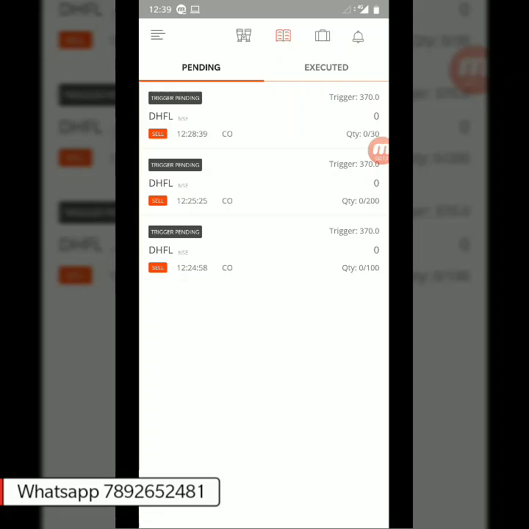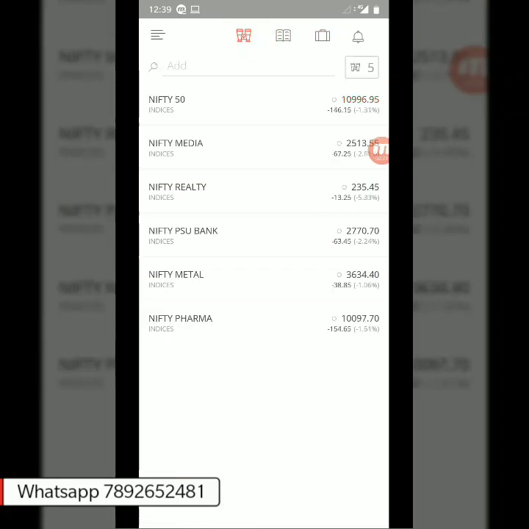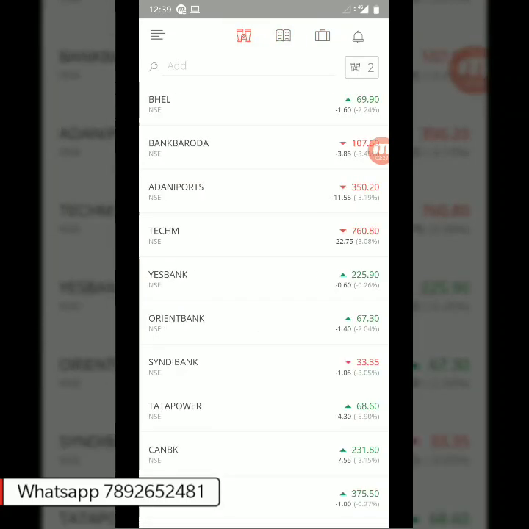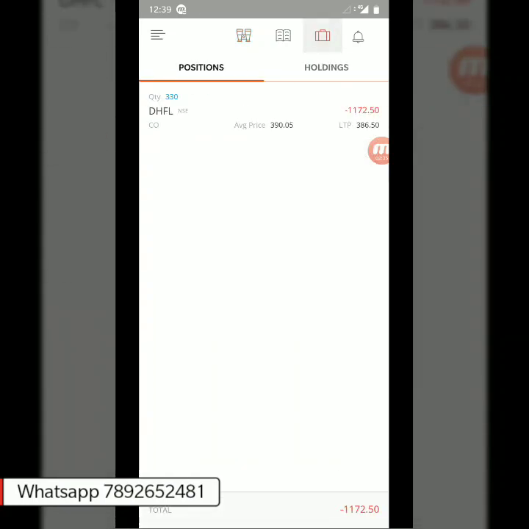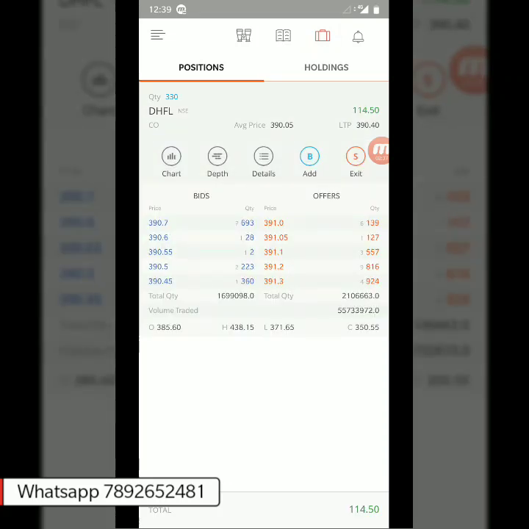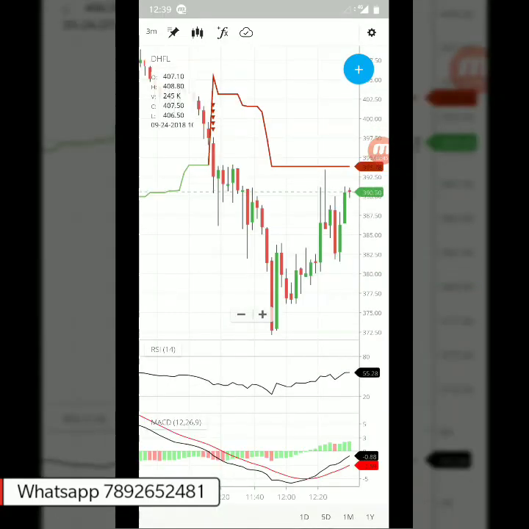I bought this in small lot sizes. I thought I'll put in another stock today, Tech Mahindra, but it didn't have that much volume. It couldn't break its own high. So I thought first I'll put on DHFL and then put the remaining on Tech Mahindra, but Tech Mahindra didn't break. So let's see how much DHFL can move along with the market. This is the resistance right now.